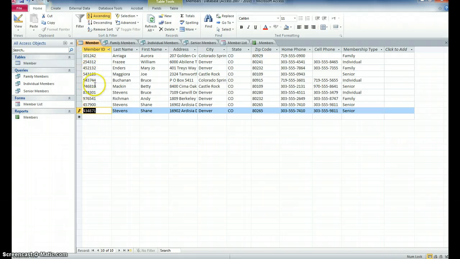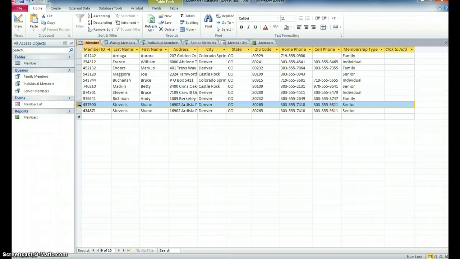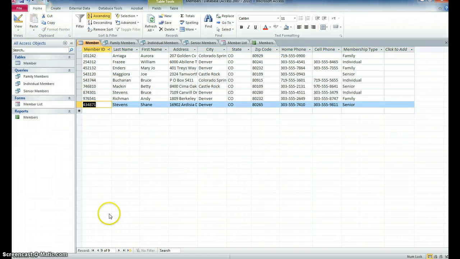So we've cut and pasted a record from somewhere else in the middle of the document. And the very last thing we want to do is go ahead and delete the record for Shane Stevens that ends in 900. So we will cut that out and say yes. Okay, go ahead and save this as database with your initials in your H drive, and